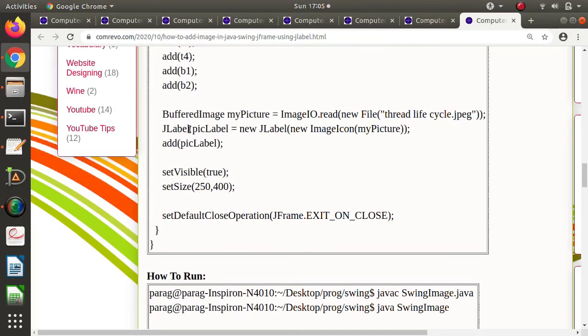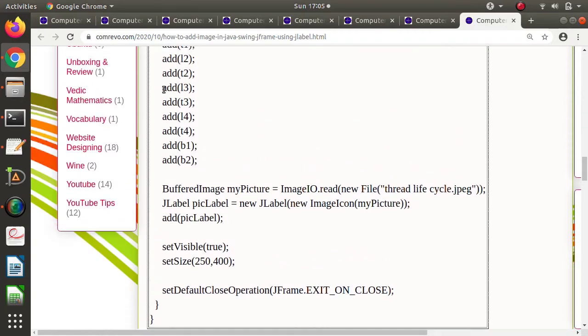So see here, the normal JLabel class we have used, we have created an object, and by using that we are adding the image on our frame. Just like we add other labels on our Java Swing frame, in the same way we are adding that label on our frame.